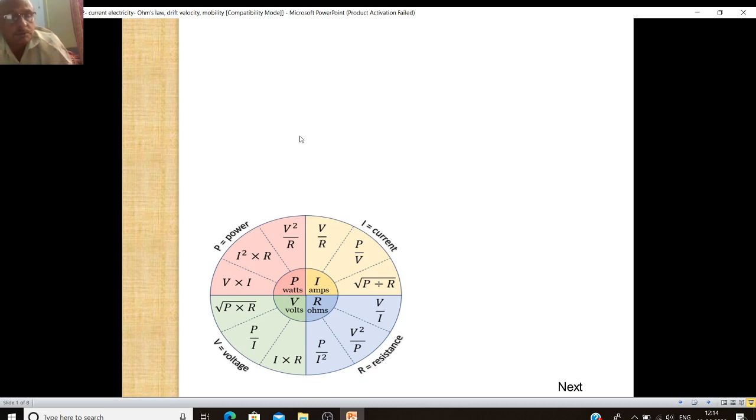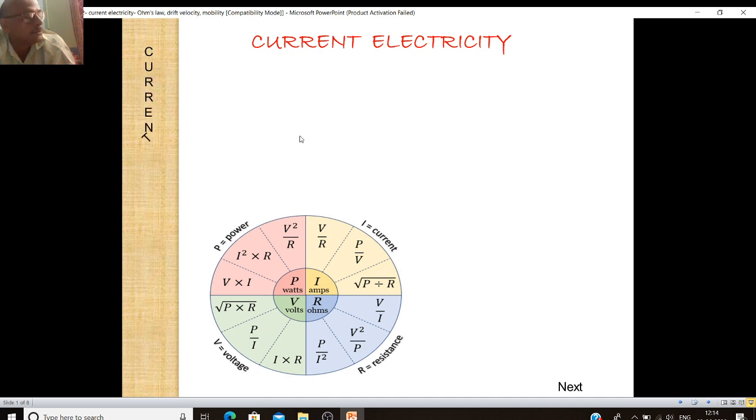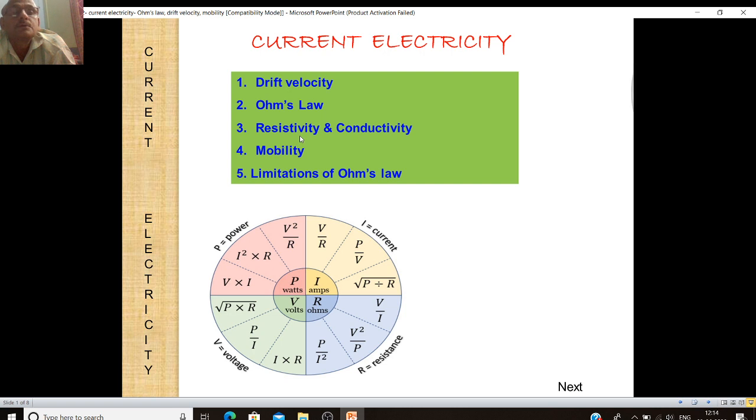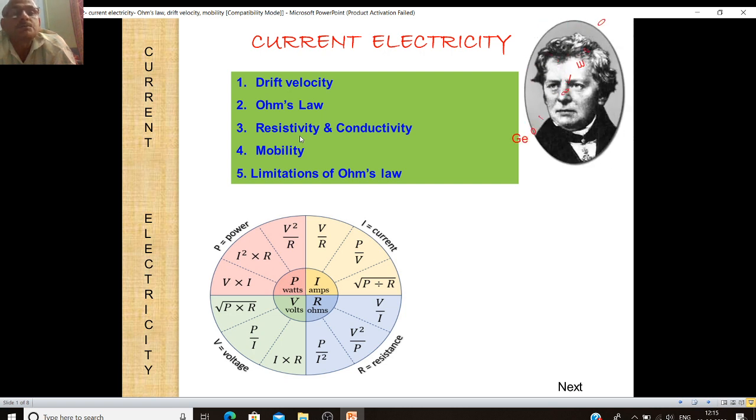Hello children, now let us start chapter 2, that is current electricity. In this chapter we will learn first Ohm's law, resistivity, conductivity, mobility, limitation of Ohm's law, electric power, Kirchhoff's rule,